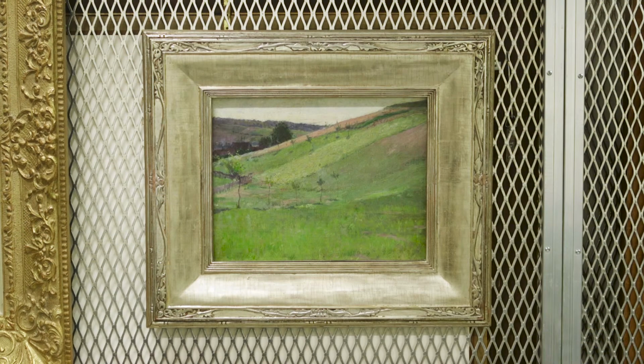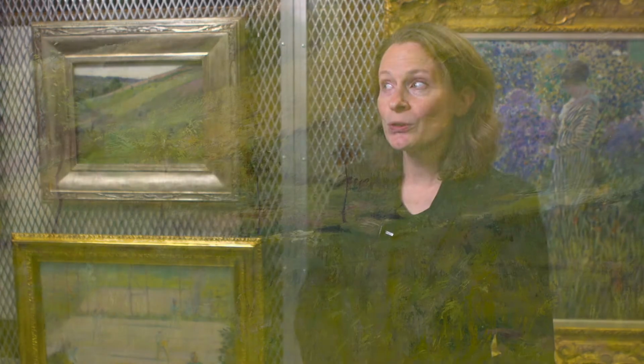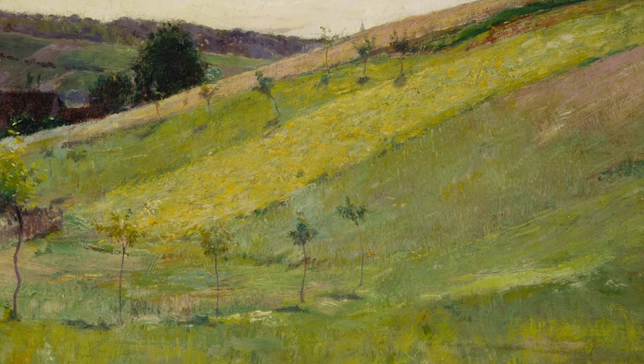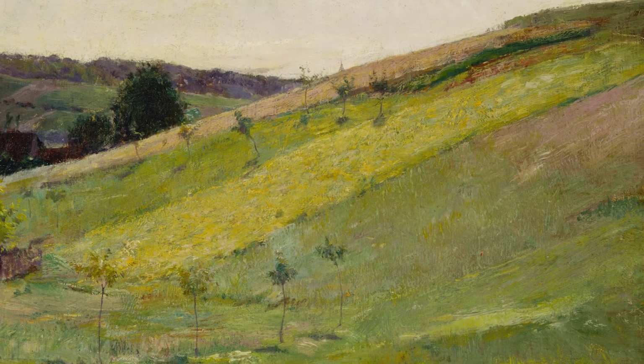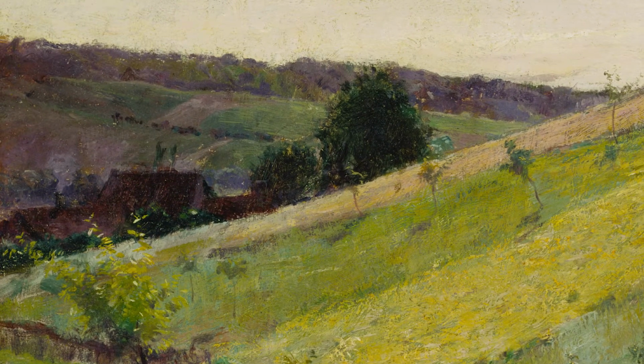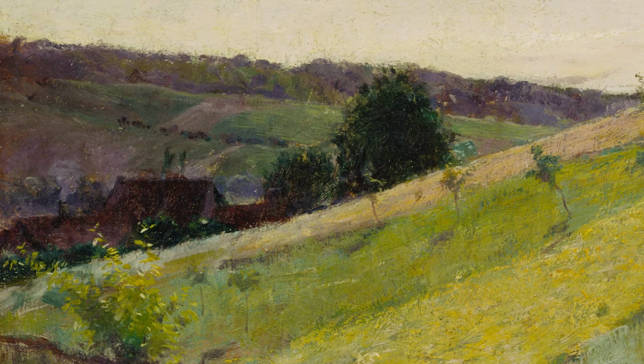I'm standing in front of Guy Rose's Giverny Hillside from about 1890, 1891. This is a quiet, restful landscape in the Terra collection, a fairly small painting, nothing much happening. In fact, you have to look at it really closely to even understand what it is. And if you do start to look, you see this patchwork of colors on the hillside, which are actually planted fields. In the distance, we can see a few stone houses, and then the light, perhaps it's sunset, and there's